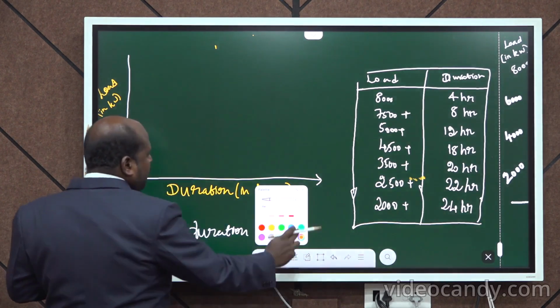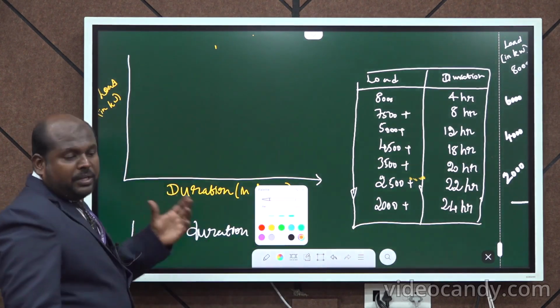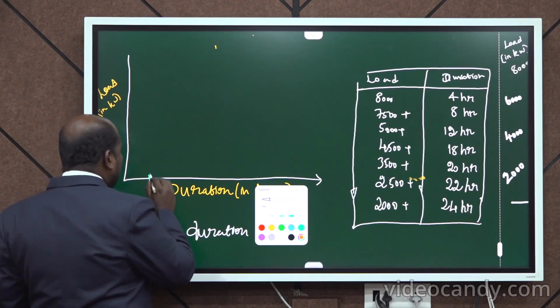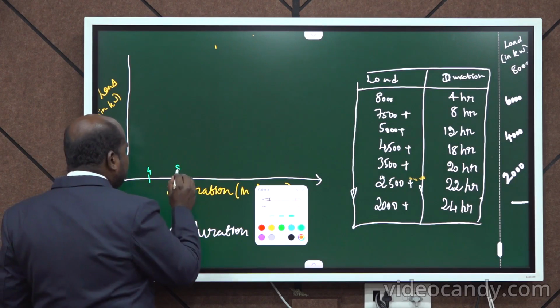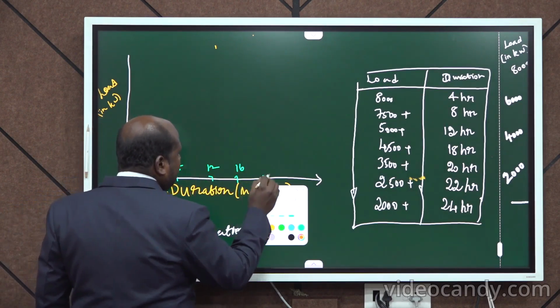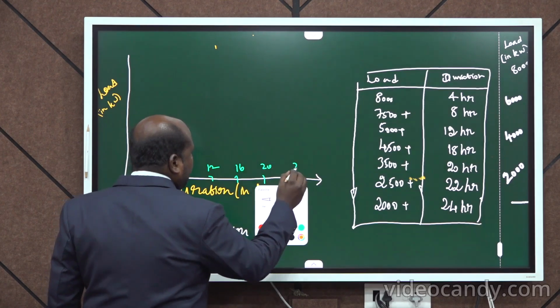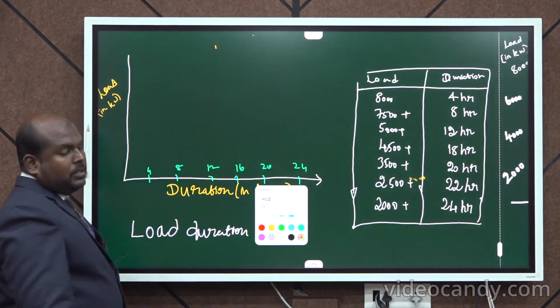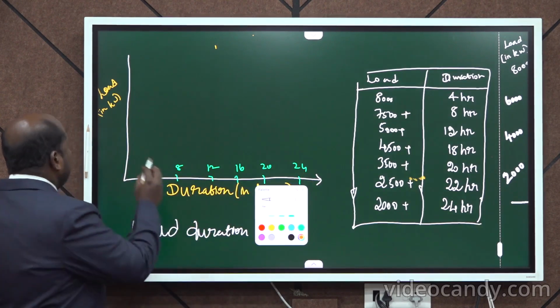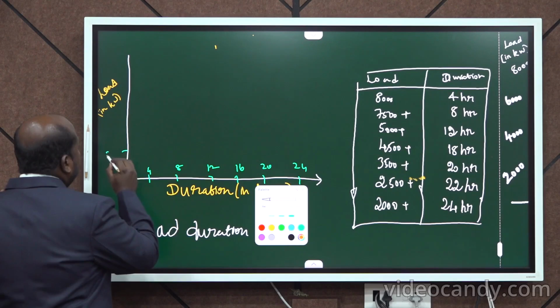So I am going to consider a duration with respect to 4, 8 and so on. So 4, 8, 12, 16, 20 and 24, right? So this is the entire duration, whereas my load is going to begin by 2000,